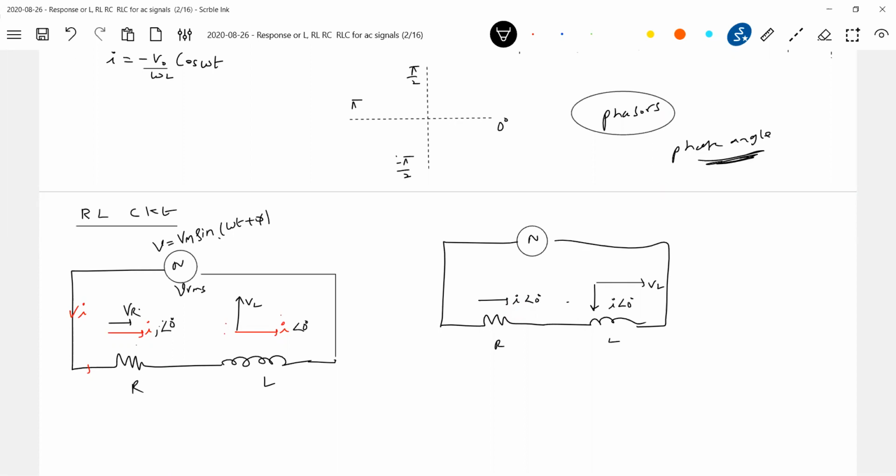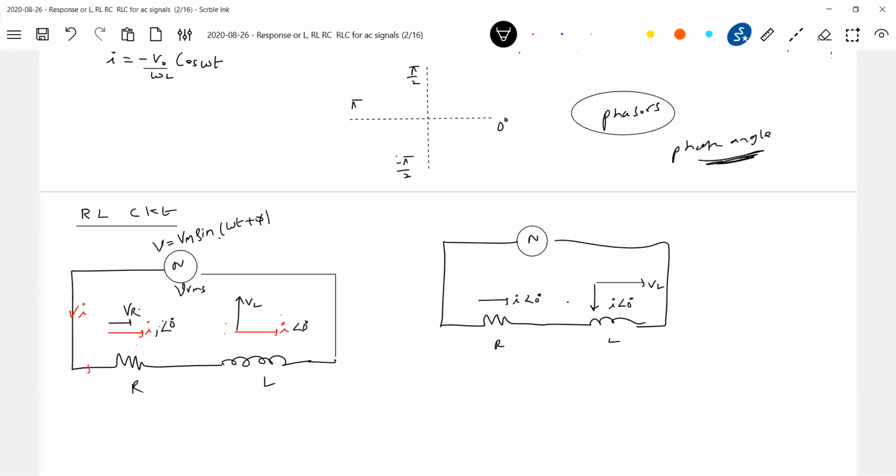SHM, phase angle, phase, initial phase, something we say, no? The similar thing here. Do we have meters which will indicate phase angle? Yes. The meters we construct now will also indicate phase angles. Digital meters, which are there, can measure this phase angle. Analog cannot measure this phase angle.